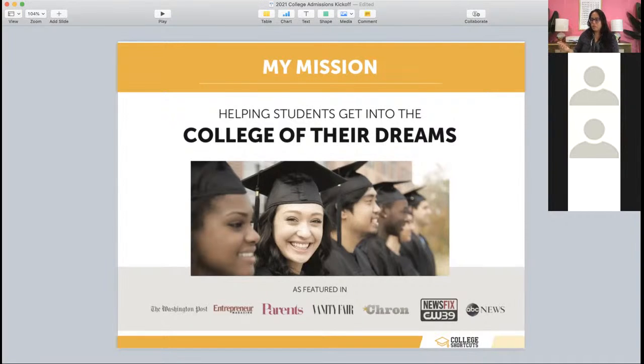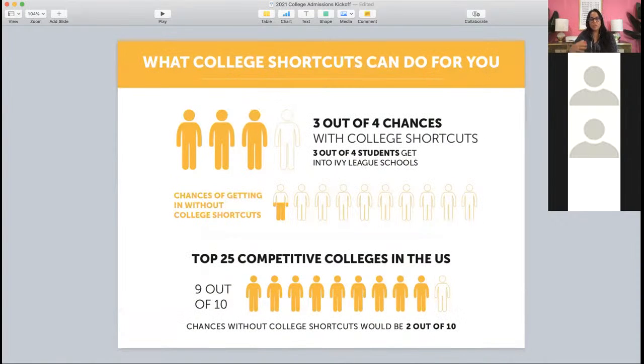I was talking to a friend recently that said they were on a call, they work in medicine, specifically in data science. And they said that everyone on that call went to a top 20 university, and they were so glad that they chose to go to a top Ivy, because it shows that there's a certain way jobs get placed of who knows who, and it can be really powerful. So my goal is to help students not only get into the top schools, but really live the life of their dreams.